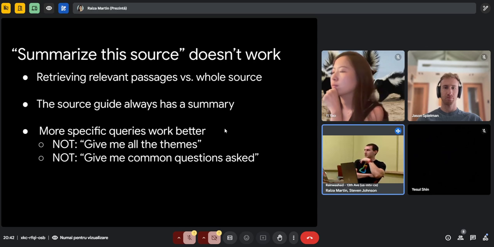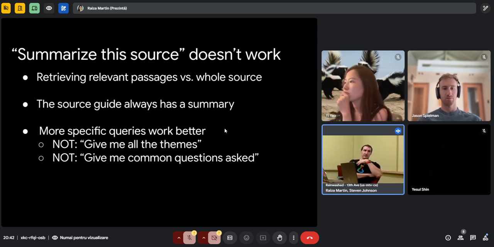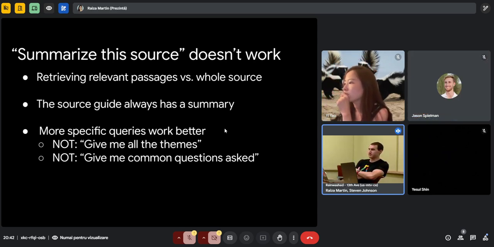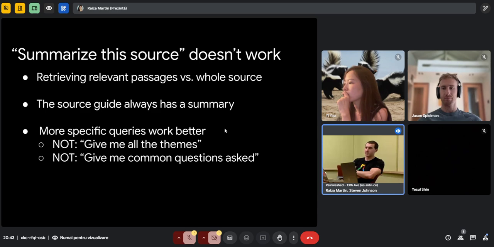There's not really much nuance to how this system works. We can feed all of the information into the AI model, and so a query like "summarize the source" will work pretty well. If you have a really large corpus, like a few million words in your notebook,